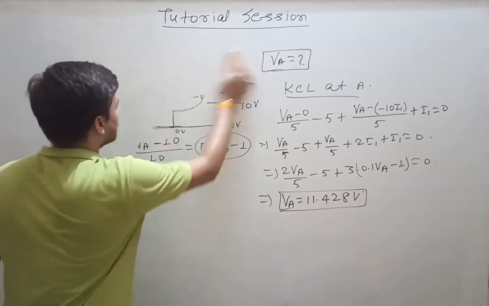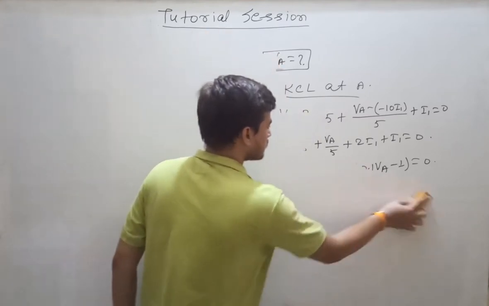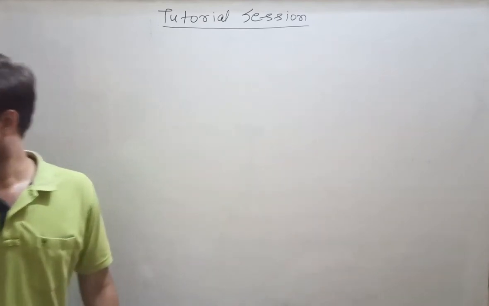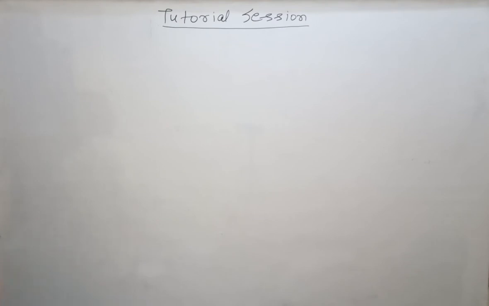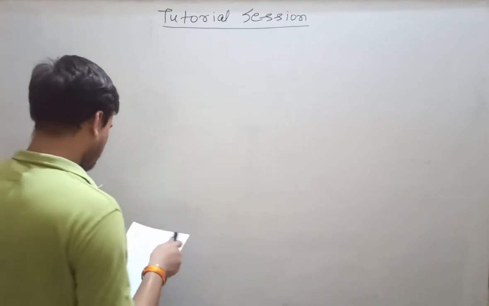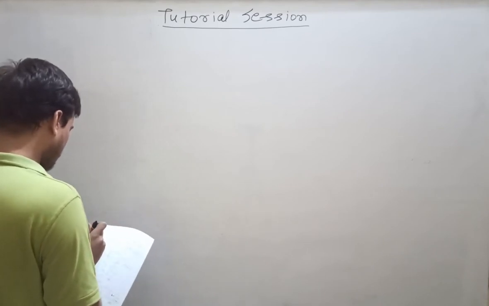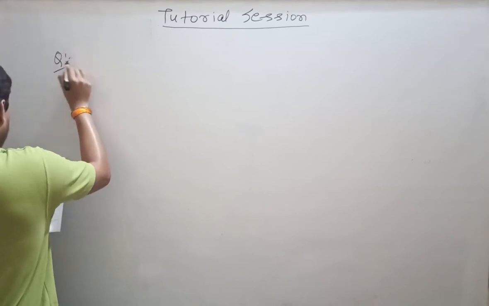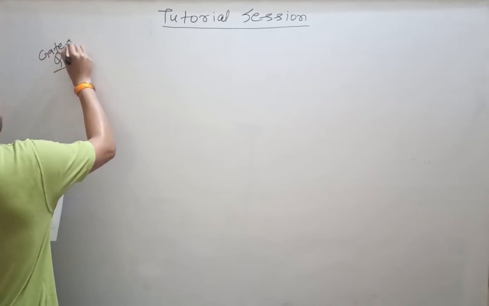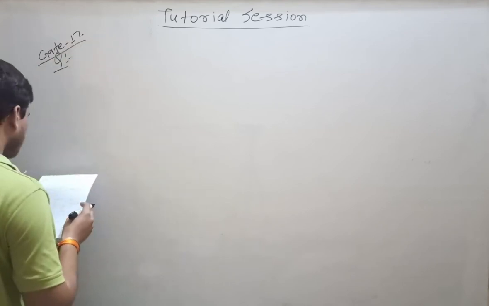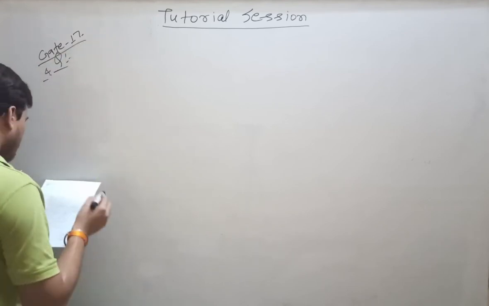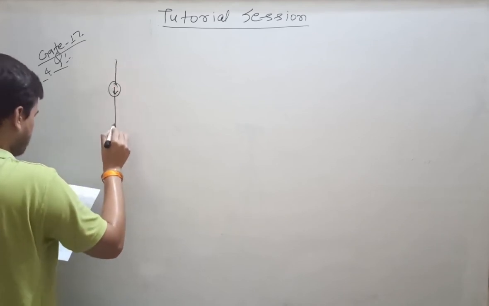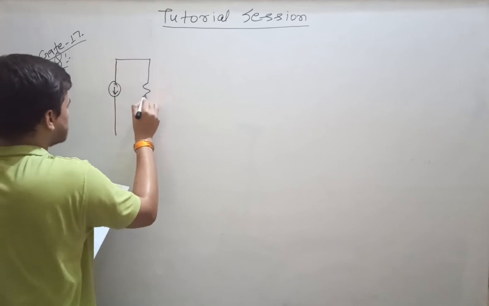Next, let us discuss another question. Let's discuss another question on Thevenin's theorem. Question is, GATE 2017 question number 4. Here it is given that you are having a current source, then you are having a resistance